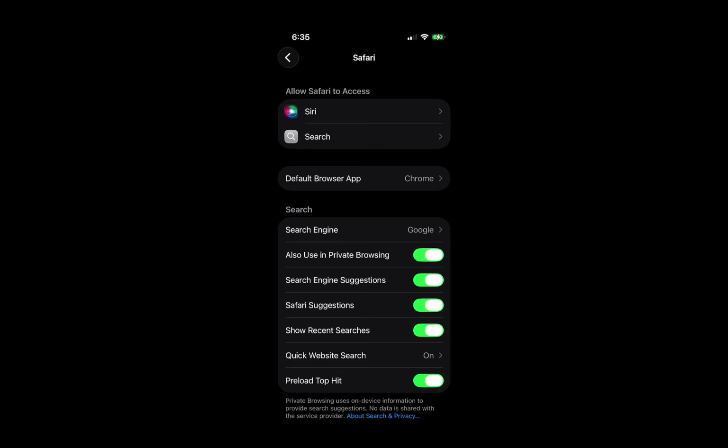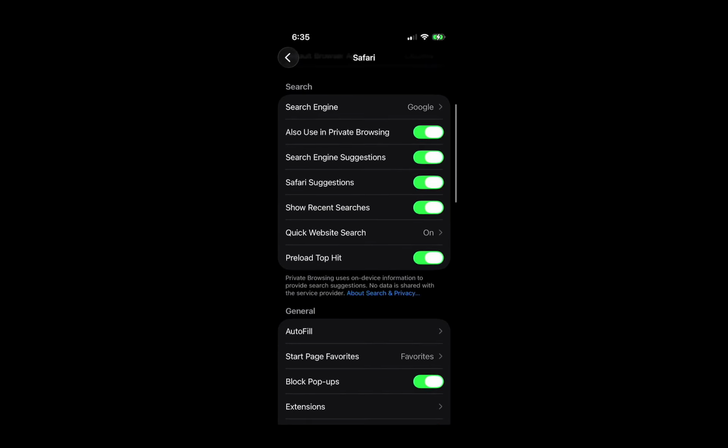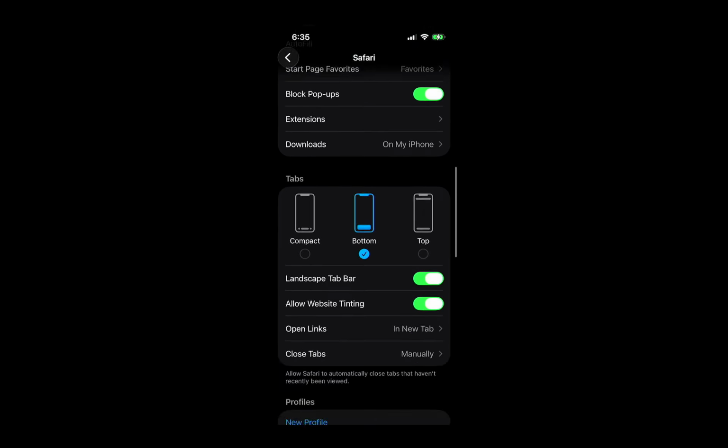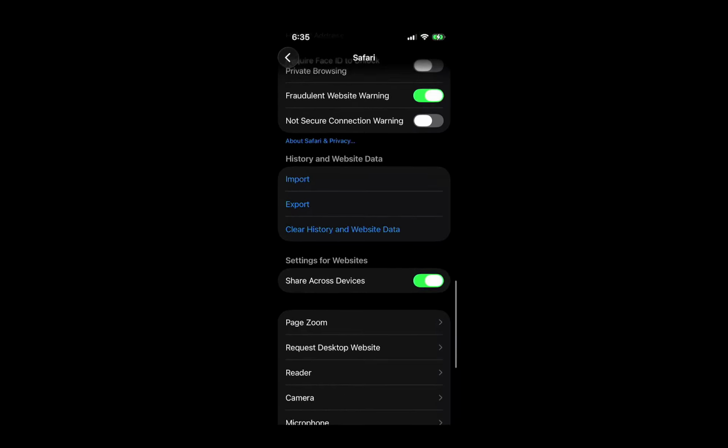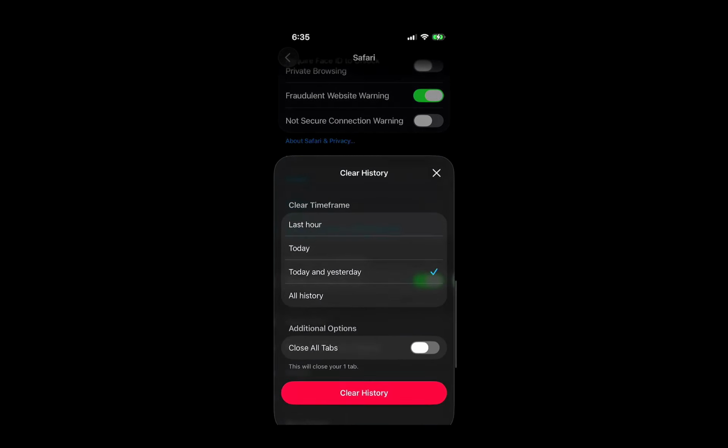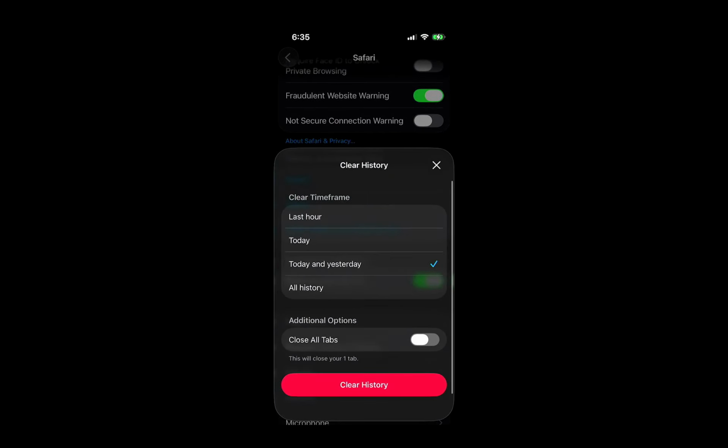You should also disable any VPNs, content blockers, or Safari extensions for testing. Go to Settings, then Apps, Safari, and Extensions. Temporarily turn off extensions and disable any active VPN app, then try the website again. These tools can sometimes interfere with page loading without making it obvious.